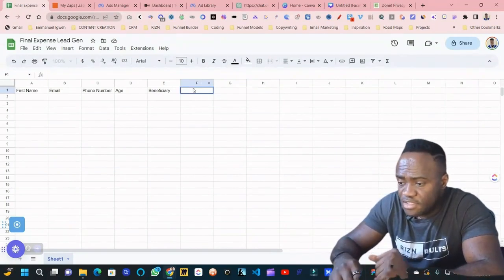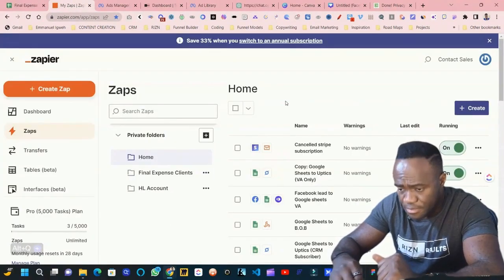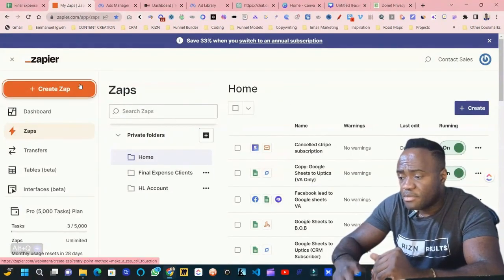All right. So this is pretty much simple. I'm pretty sure you get the point for the most part. So what you want to do now is we've created our form, so you want to go to Zapier. You can use this on Zapier, you can use this on Pabbly. When you come up here and click Create Zap,